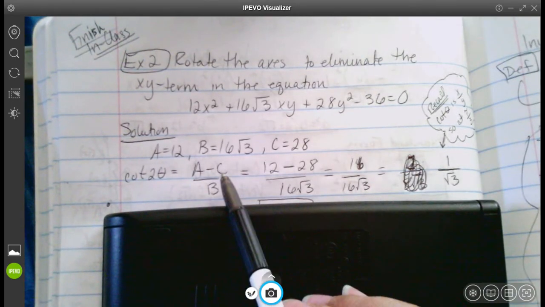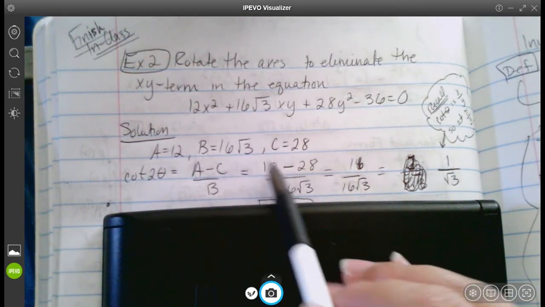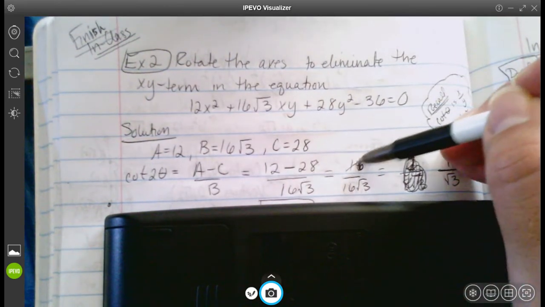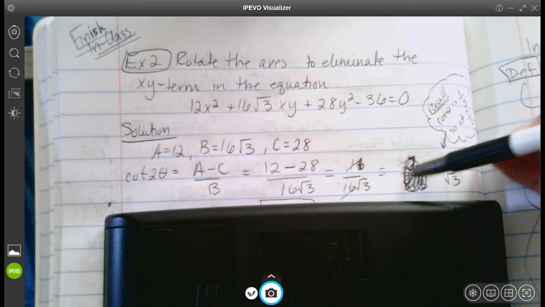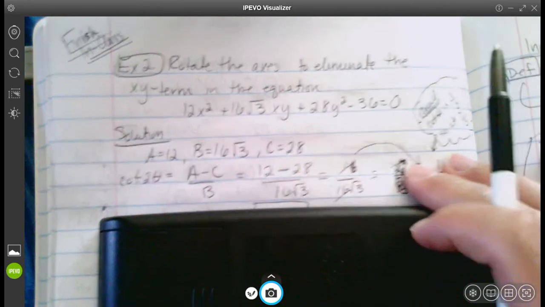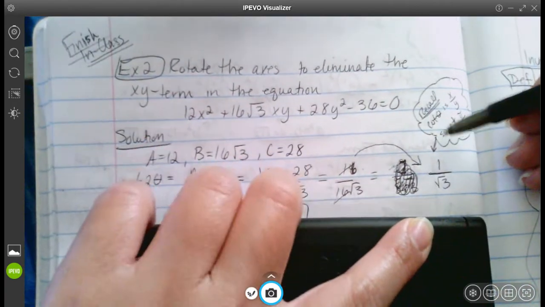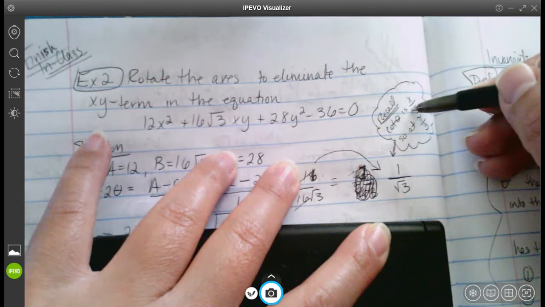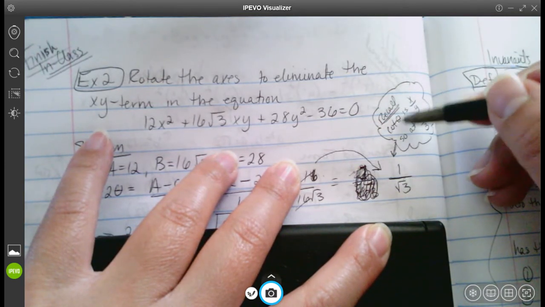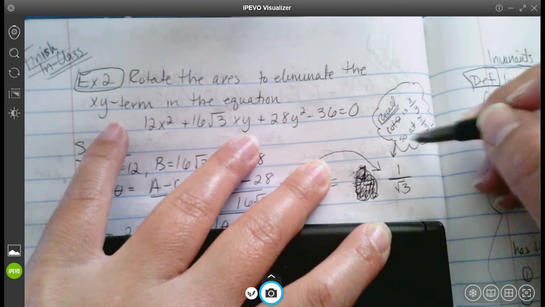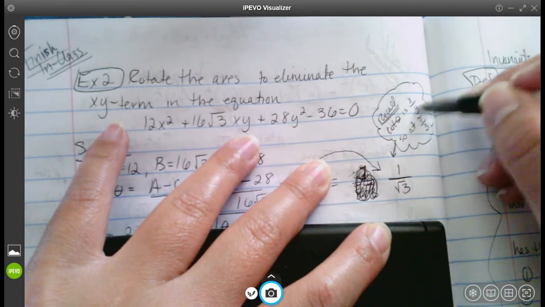We get that A minus C is 12 minus 28 over 16 square root of 3. 12 minus 28 is just 16, so you'll notice that these are going to give me a 1. So we end up with 1 over square root of 3. Now here, again, you have to recall that cotangent is x over y. So in other words, where is my x divided by y going to give me 1 over square root of 3? I'm not going to go too much into the unit circle part here, but it does happen at pi